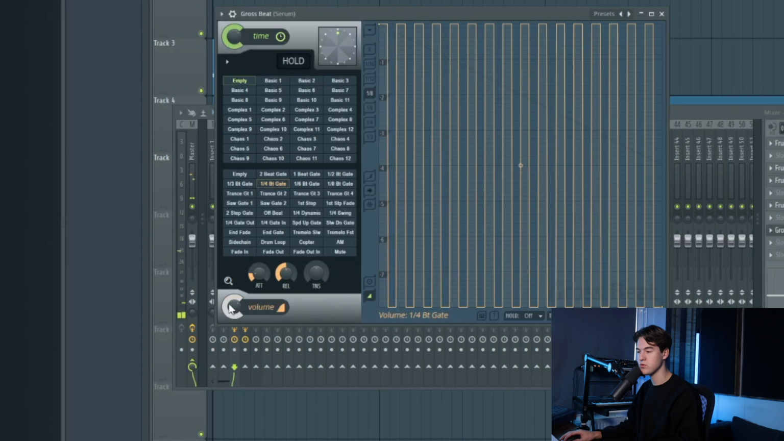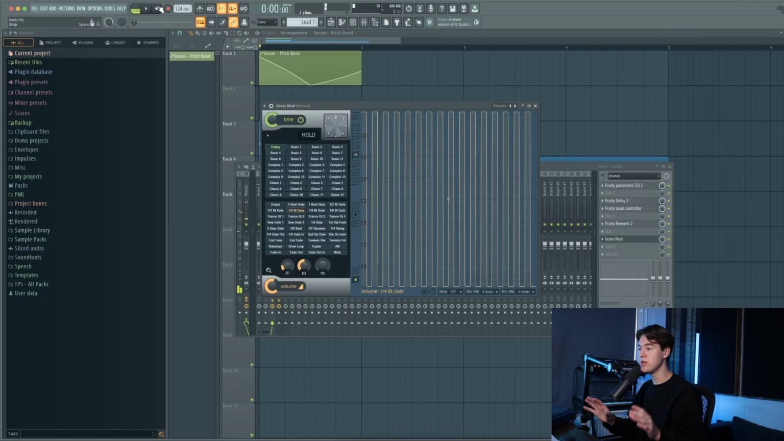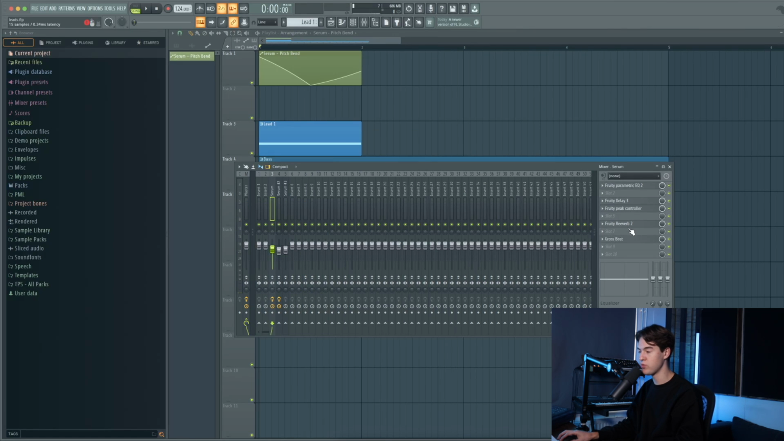And also the volume controls how much gate you want. You can also automate it. As you can hear, the reverb is also being gated, and that's because Beat is after the reverb. If you don't want that, so you want a normal reverb that's being applied after the Beat, then just scroll it up and put it before the reverb,